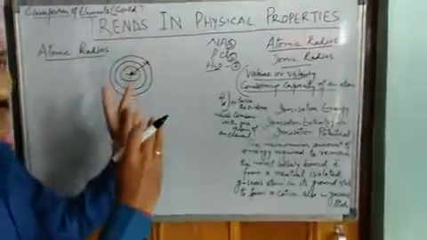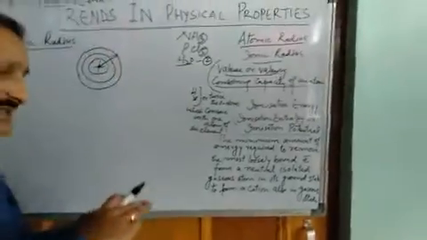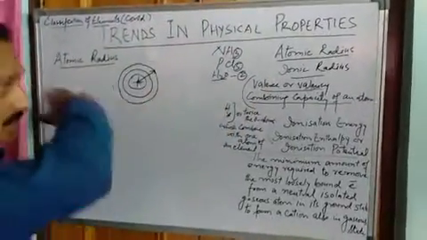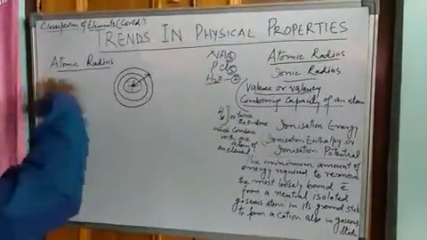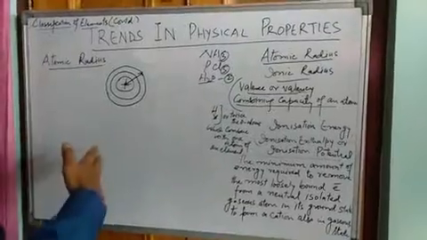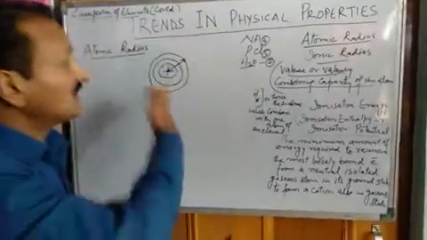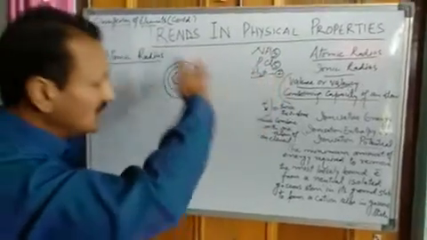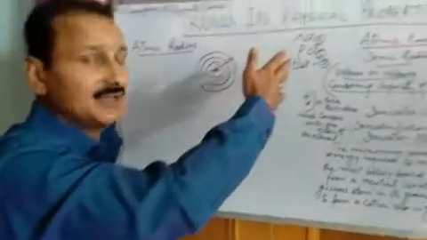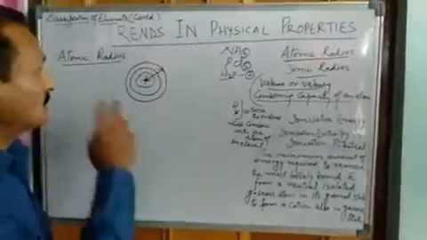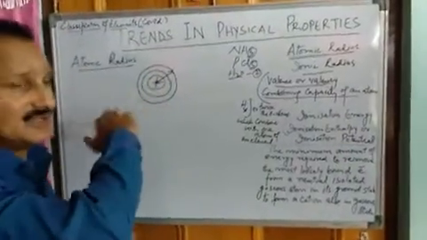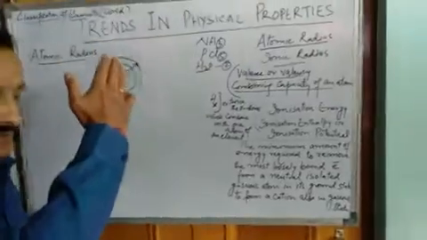Now, what happens to this atomic radius? Atomic radius is a physical property. What happens to atomic radius when we move along a period in the periodic table? Period, as you know, means the horizontal rows in the periodic table, 7 horizontal rows. And what are groups? Groups are vertical columns. How many groups were there? 18 vertical groups, or simply 18 groups, in the modern periodic table. This time, I will discuss this trend. What happens to atomic radius along a period and in a group?